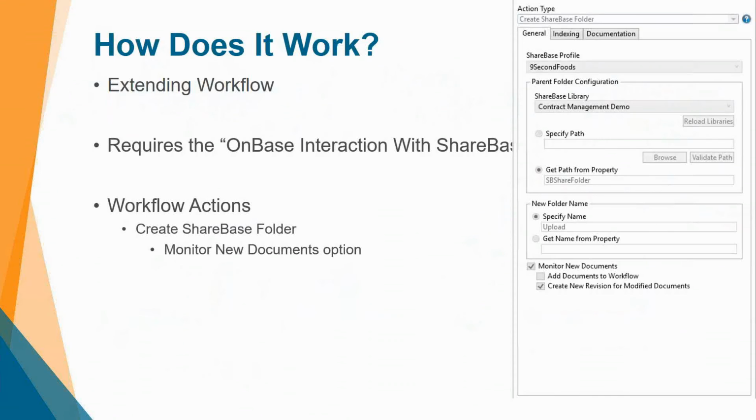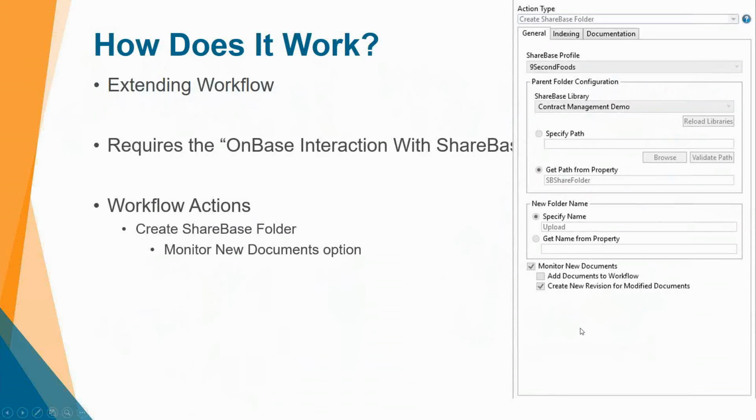You have a profile that needs to be set up first, again using that API token to connect to your ShareBase system. Once you're connected, you can look at the different ShareBase libraries that might be out here. That contract management demo is what I'm looking for. Is there a path underneath there that I can either statically say, go to this particular path, or maybe I need to grab that path from a property, or create that folder from a property that I have within OnBase? But you can see way down at the bottom, I also have the ability to